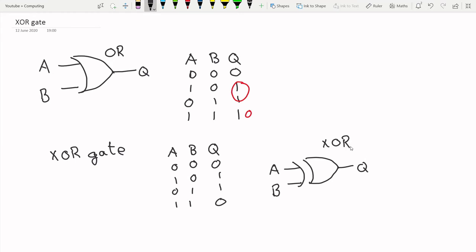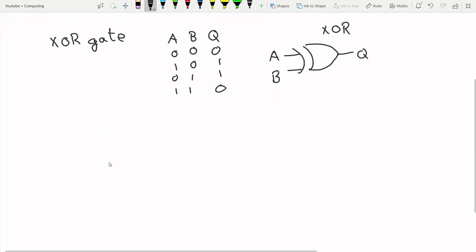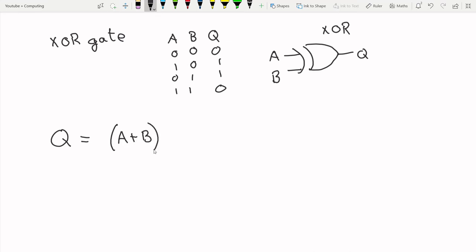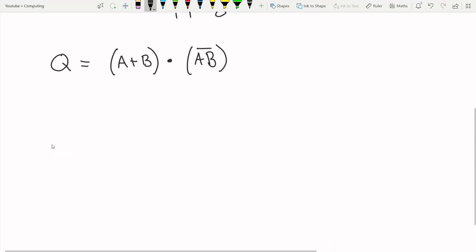But how do we implement it? Well, first we express it in Boolean notation. So we can say Q equals A or B, A plus B, times by not A and B, because not A and B means that this bit here will be 0, so it can only be these two. So we're going to have our A and B,